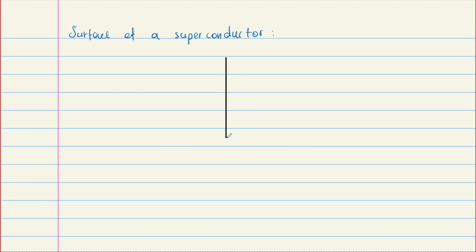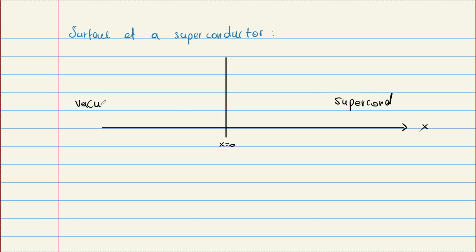So physically, we always have finite samples, and a superconductor is always going to have a surface. Suppose this is x equals 0. This side is the superconductor, and this side, let's say, is vacuum, because inside vacuum there can be nothing. Therefore, I anticipate